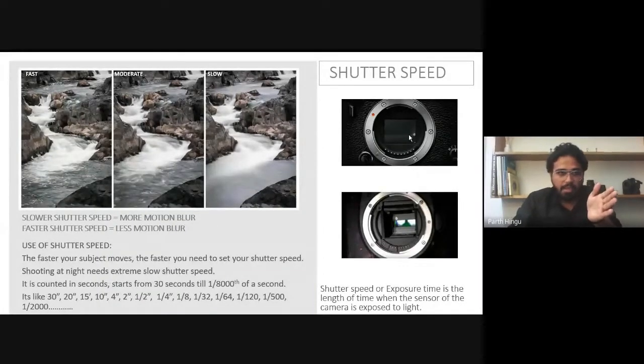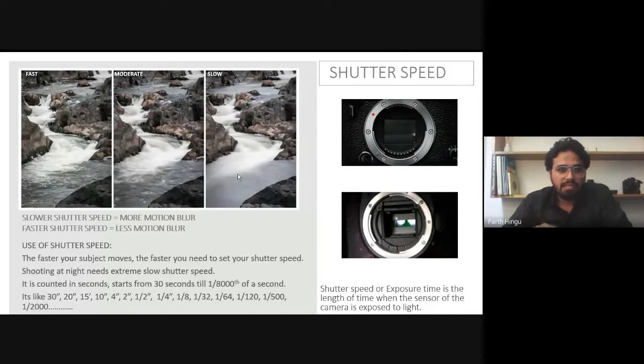The sensor is the main eye, and the shutter allows light into the camera. There are some functions like uses: you can adjust the shutter speed according to what type of image you want to create.